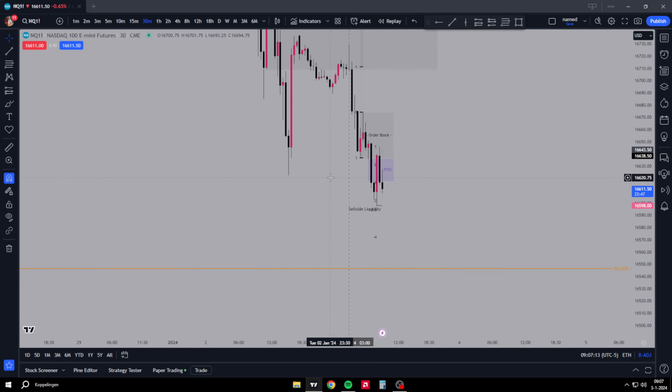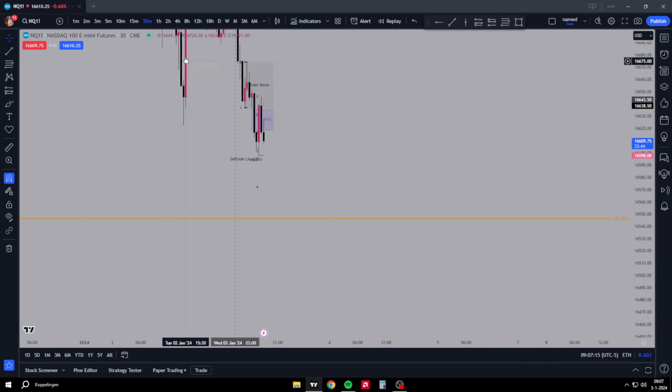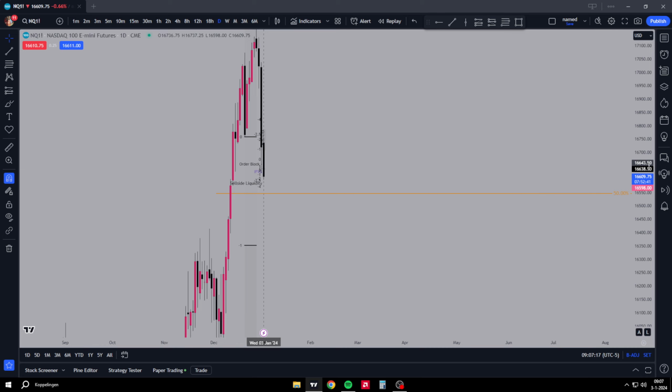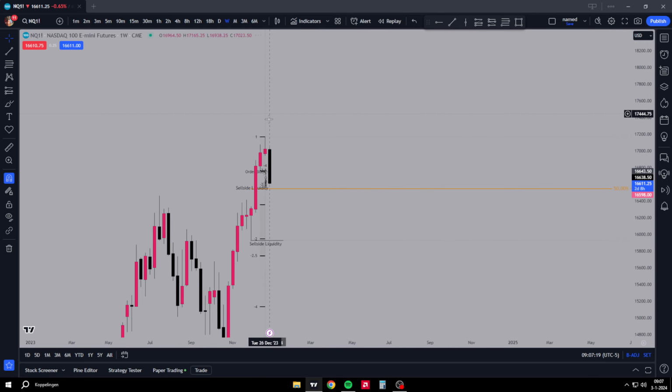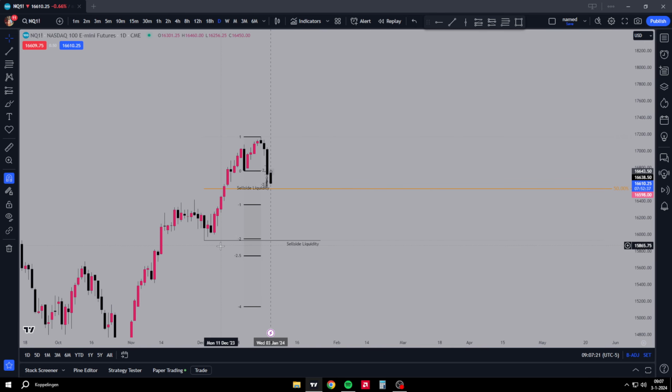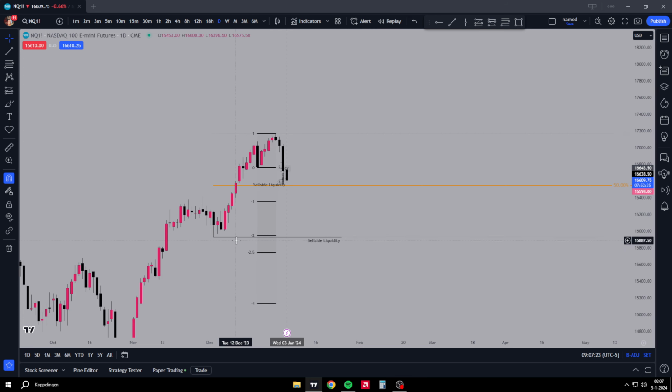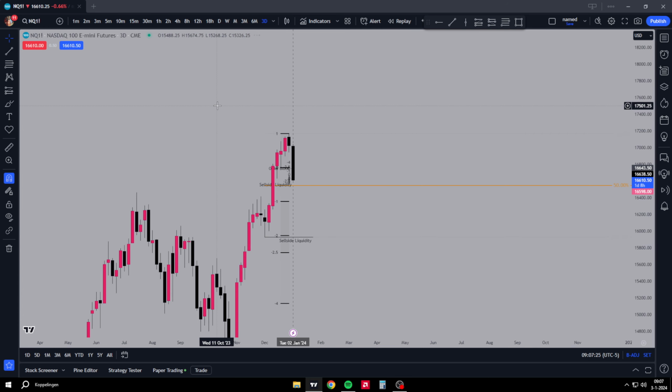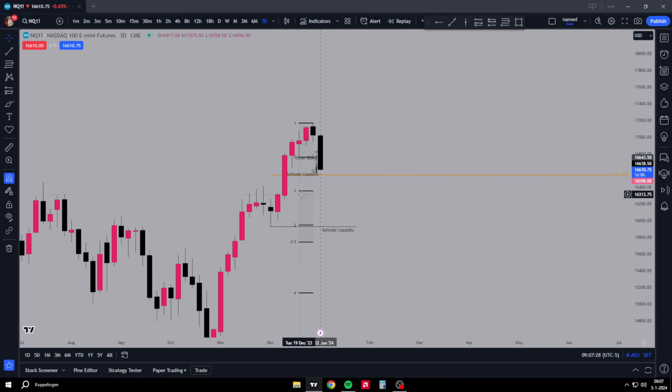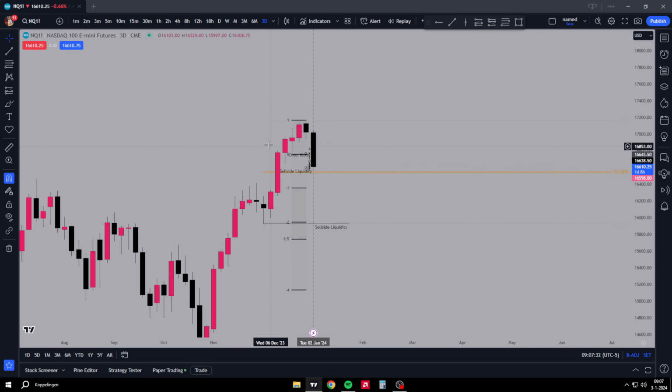We took out sell side here, but what I have marked out is equilibrium of this range, which is this daily here to this daily there. I don't even have to see it, but there's maybe a 3-day, or like this 3-day. You have a singular high, a singular low with singular swing high, and then you have imbalance right here. So from this high to this low, that's equilibrium, and I want to see price go to equilibrium.